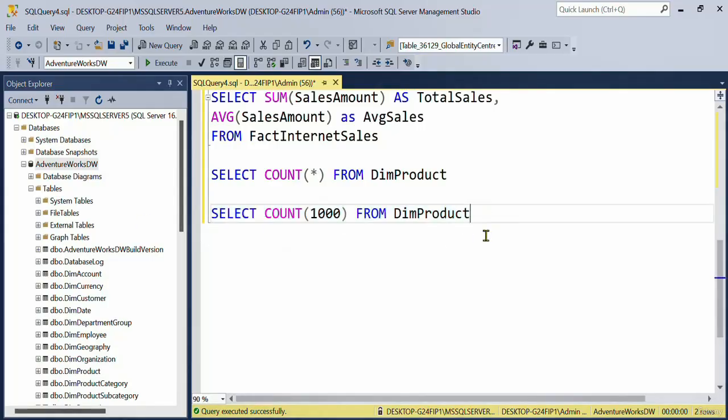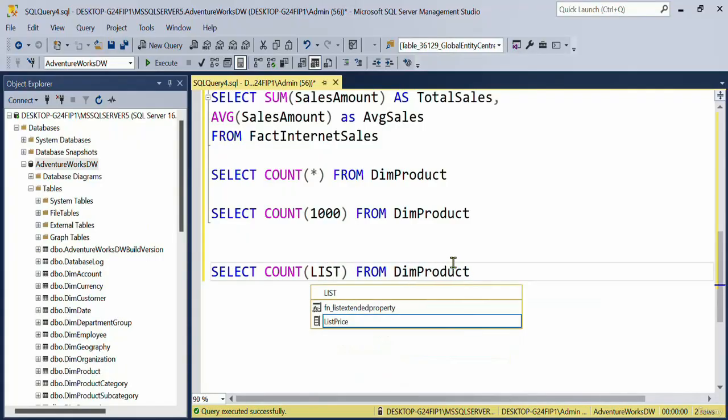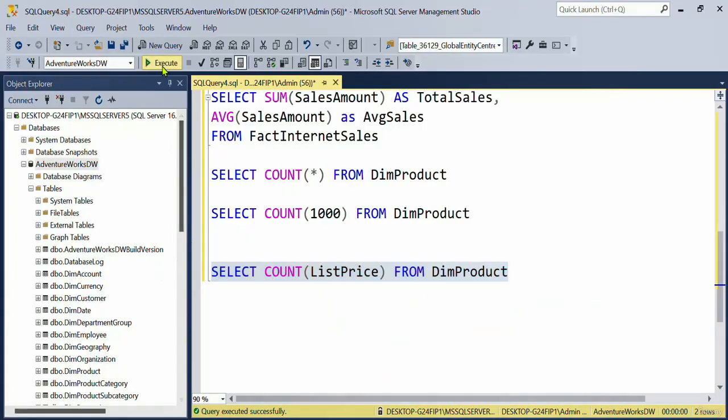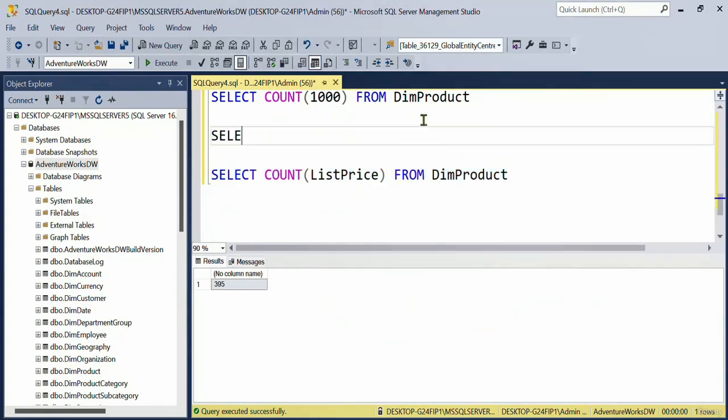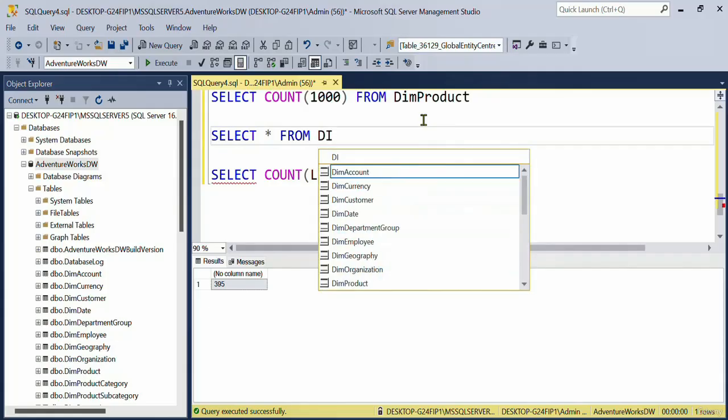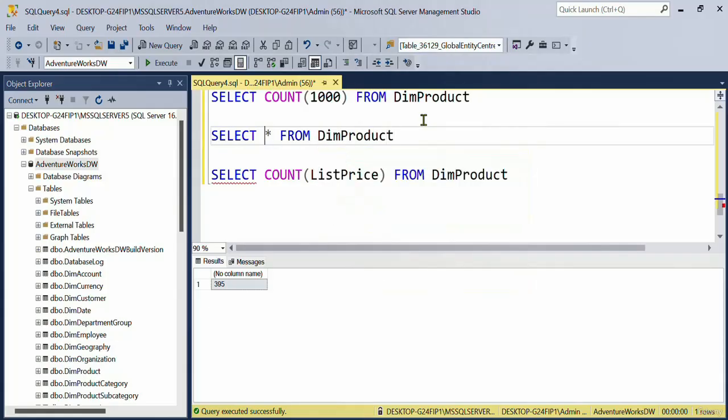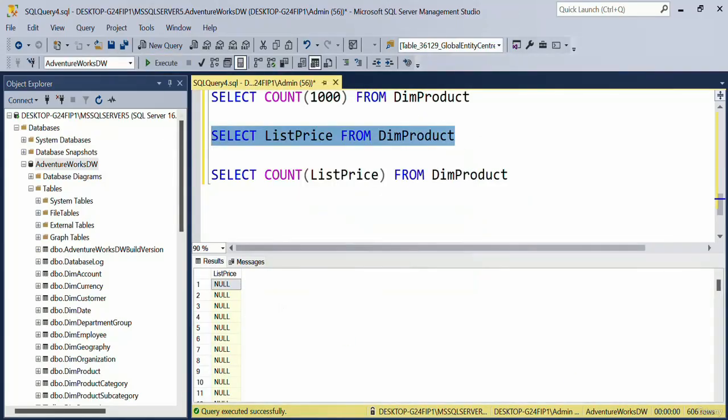And one more thing, if you write count of a column, for example, I say list price, and if you run this, what will happen over here? Now here you see the difference. If you run select star from dim product and you say list price column, you see that there are 606 rows. Have a look at that. But if you see the first few rows, about 200 odd rows, 211 rows to be precise, are having something